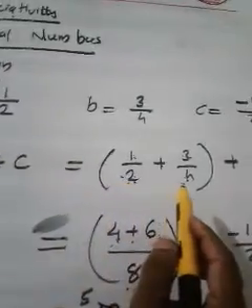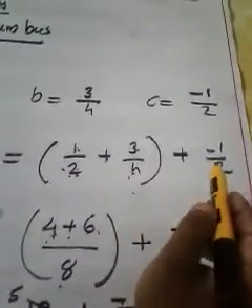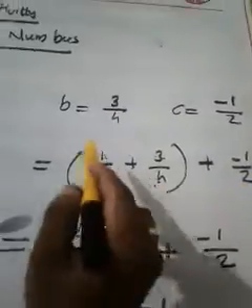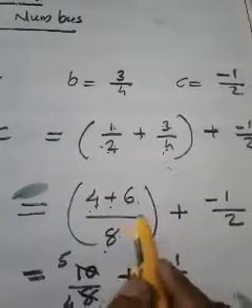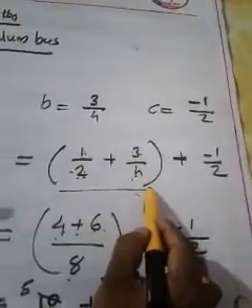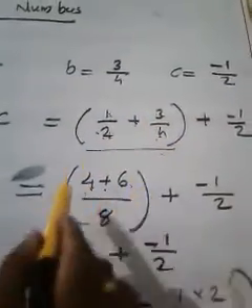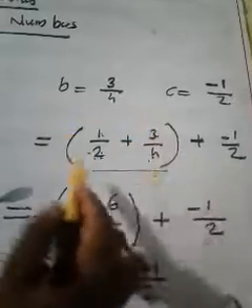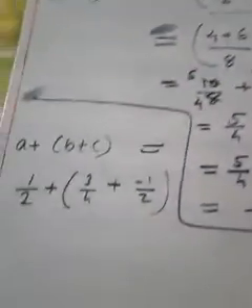You know, see, if we do 1 by 2 plus 3 by 4 first, only after that can we consider plus minus 1 by 2. Because always, for the things inside the bracket, you must give preference. Here this thing you must solve first. That's why I consider these two terms first. Why? Because you always give preference to the things inside the bracket.